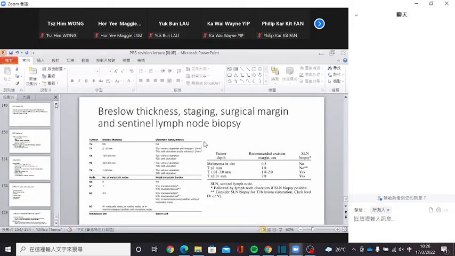So I think for skin cancer, most likely it will appear in your short case OSCE examination. You must be able to describe their clinical features. How do you arrive at a diagnosis? When will you use incisional biopsy? When will you use excisional biopsy? Then your surgical margin for those cases. For BCC, conventionally it is 3 millimeter. For squamous cell carcinoma it is 4 millimeter. For melanoma,